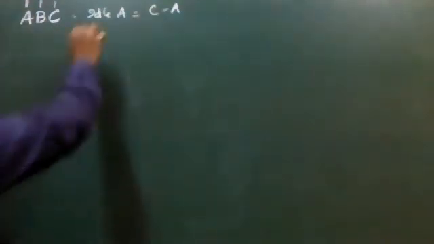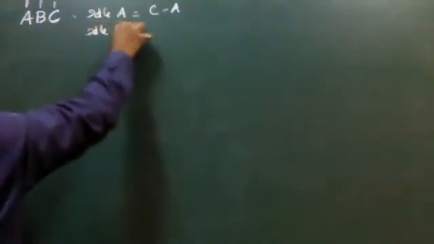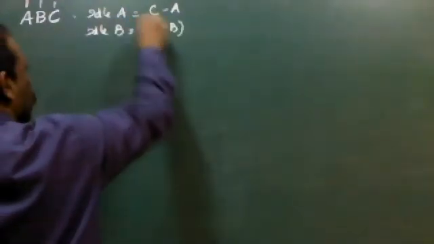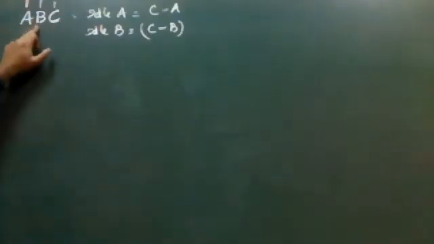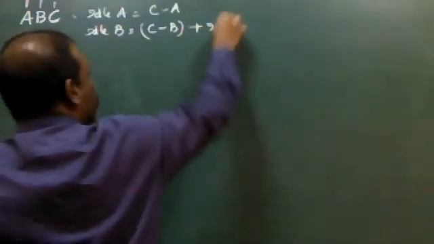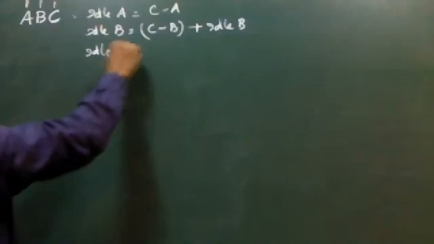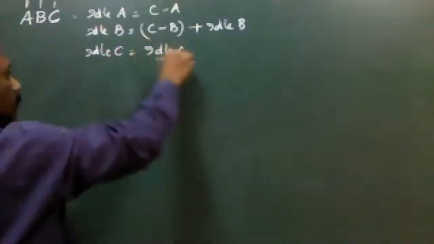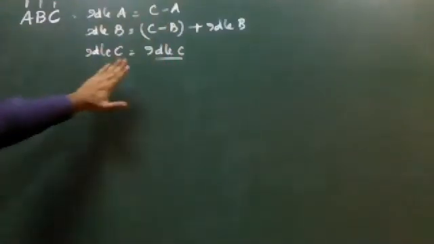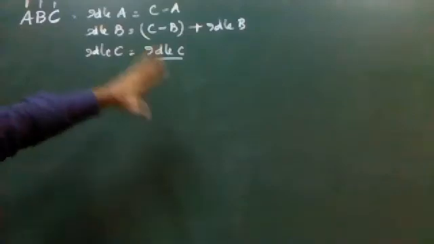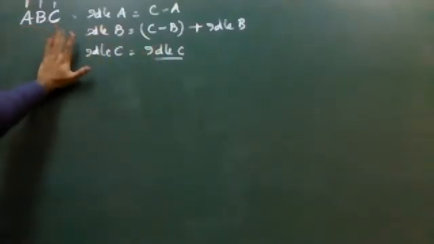Similarly, when you calculate the idle time for machine B, it is C minus B. That is the time at which the last job on machine C completed minus the time B completed, plus the idle time of B. What do you mean by idle time of B here? Whatever value we get in the table should be added. That is the second part. When you are calculating the idle time for machine C, it is directly the idle time of C, which is the total of the last column that we have got in the idle time. So this is the regular formula that we have used so far whenever the order is given as ABC.